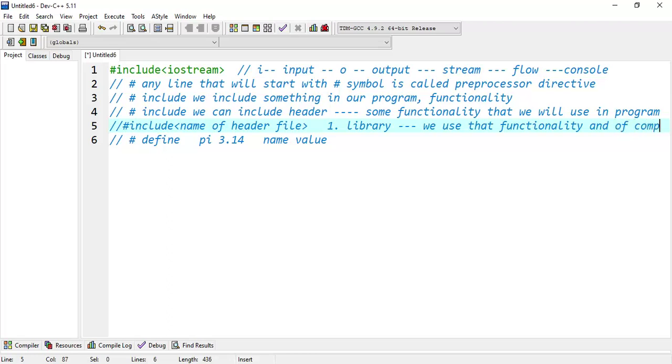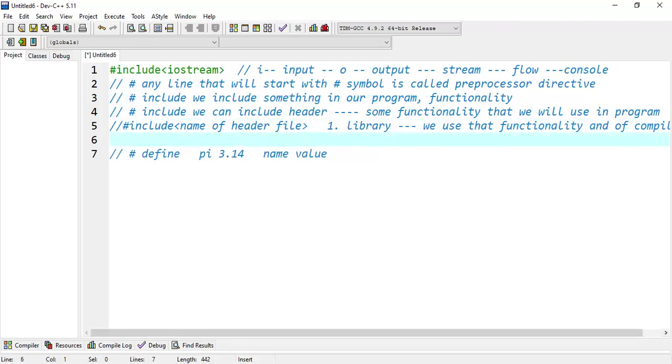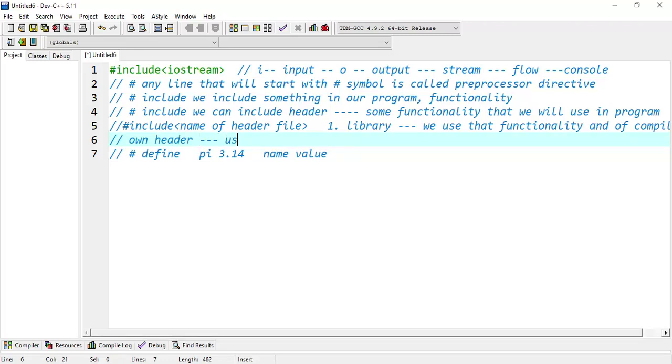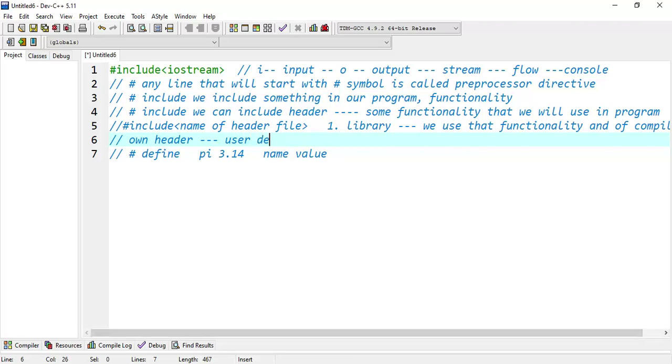We can also write our own header file, a user defined header file.